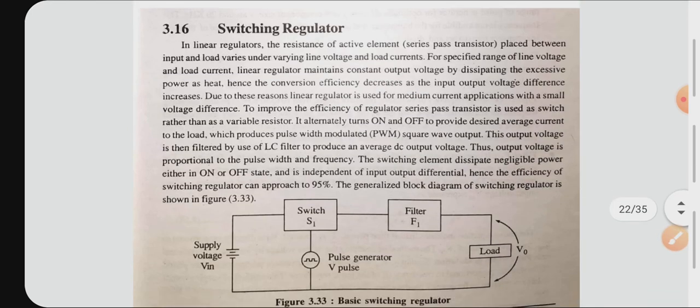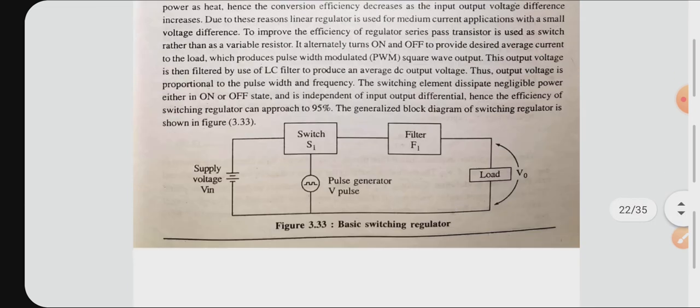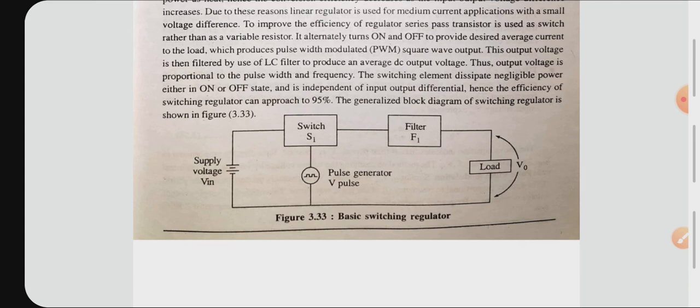So this is all about linear voltage regulators using the IC 78 series, 79 series, that means fixed positive and fixed negative. Then variable positive using IC LM317 and variable negative using 337. Now moving to the switching regulator, that means SMPS design. If we compare the linear regulators with the switching regulators, this is the block diagram of a basic switching regulator.